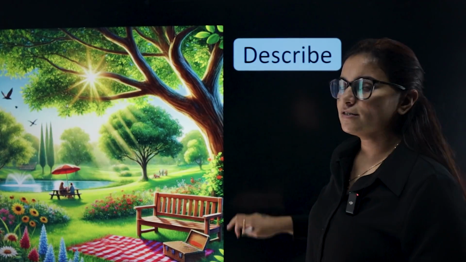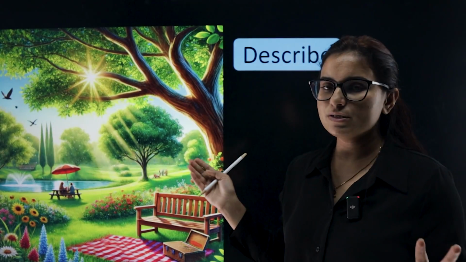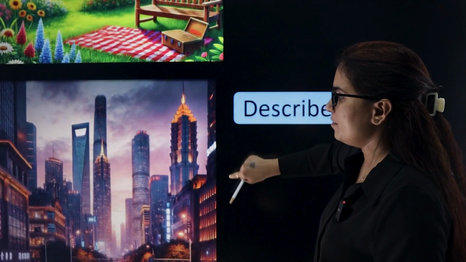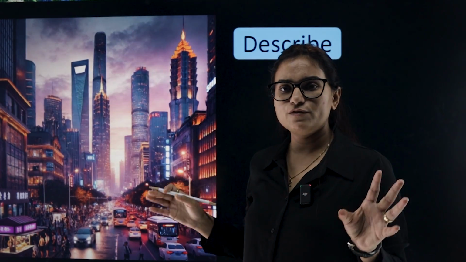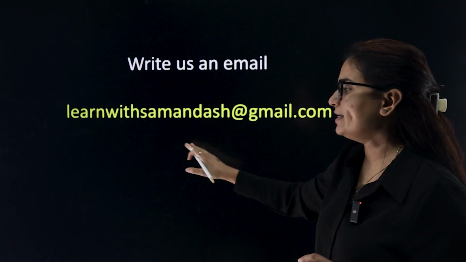These are 2 exercises or 2 images that I'm giving you as homework. The answer for these images, you can find it by writing us an email on learnwithsamanash@gmail.com. Image 1, image 2. These are AI generated images, so don't worry, they're very colorful. You have to type the answer in the comment section, or you can write us an email on